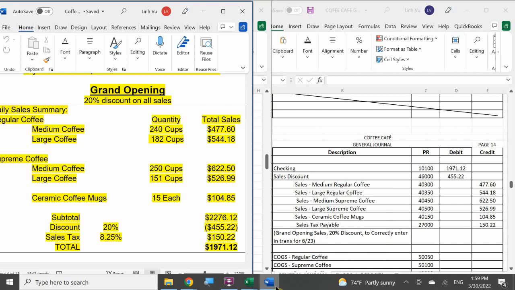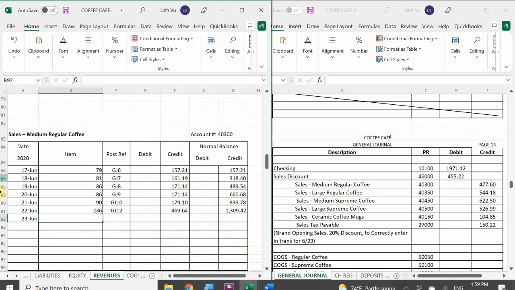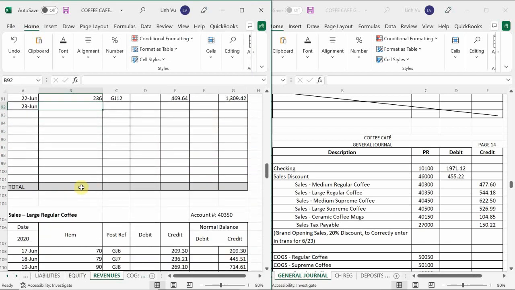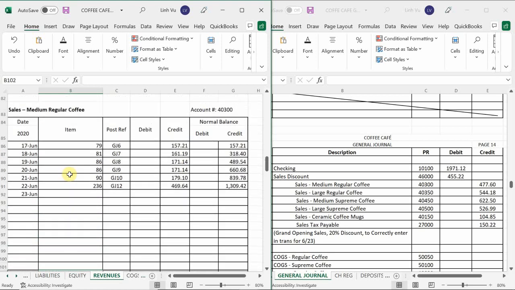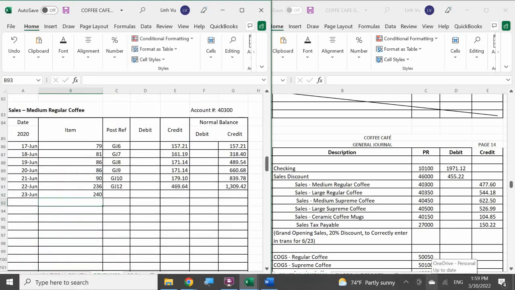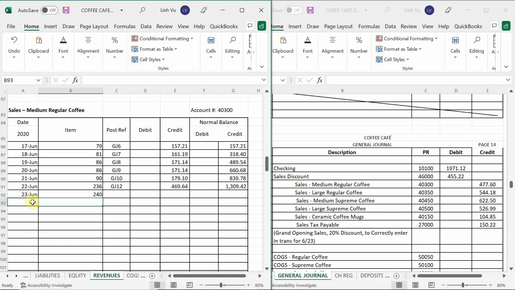We sold 5 items on the 23rd, yes, but specifically, how many medium coffee regular cups did we sell? 240. We sold 240 cups. So in this case, if you want to wait till the very end to do your equal sum, to add up all your totals here, you can do that. That's fine if you put your 240 here. Or if you want everything exactly how you copied it from the journal to your ledger, you want everything to be